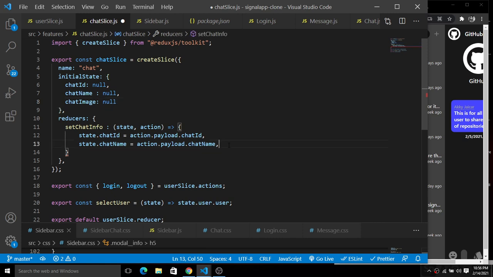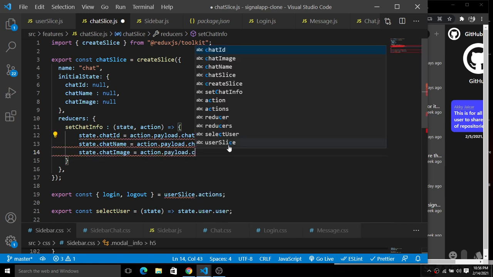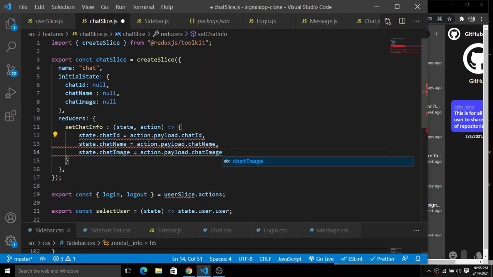Here we have state.chatImage, and here we have action.payload.chatImage. Fine, so we have these things here. It is not a comma here, it will be a semicolon.